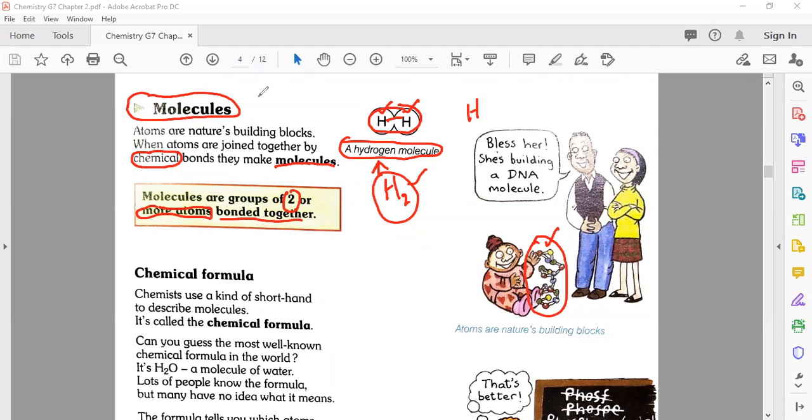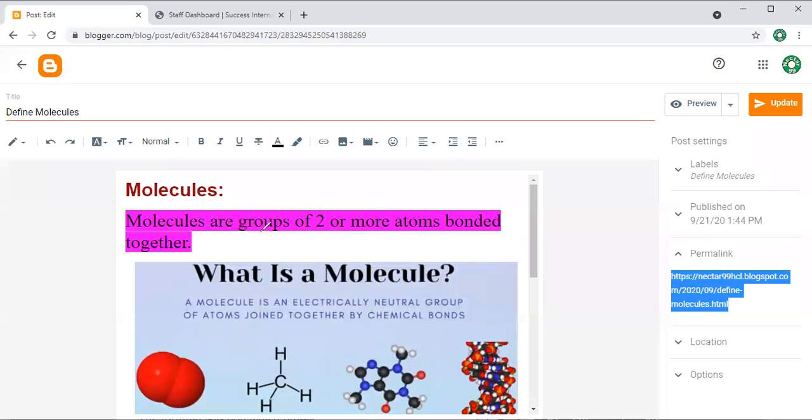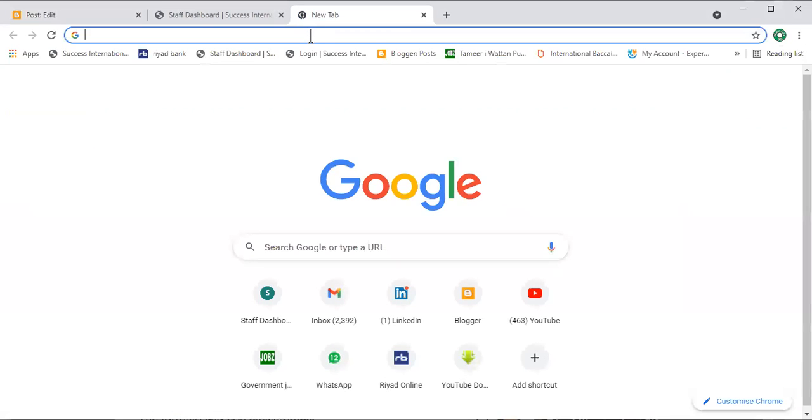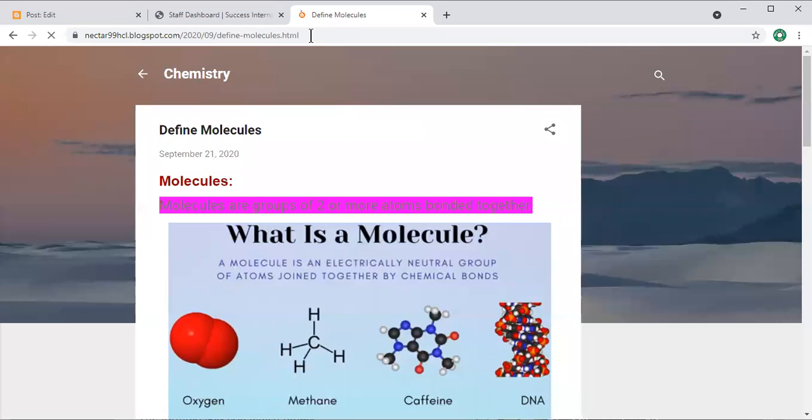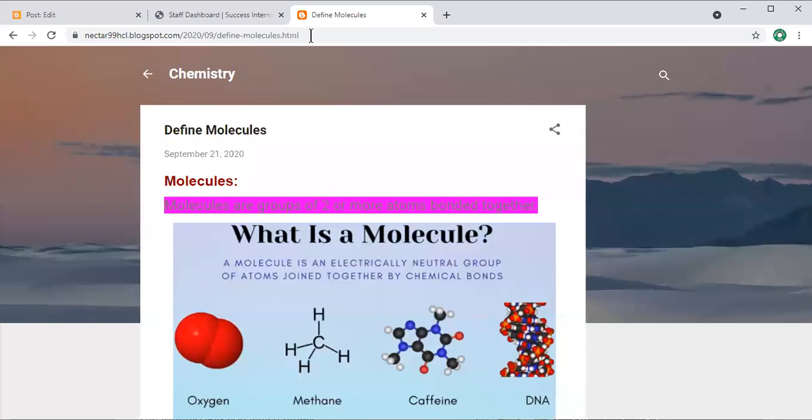Now after this, I'm going to take you to the screen. So students, everyone please open this link. Here you can see the definition of a molecule. Molecules are a group of 2 or more atoms bonded. Okay, my dear students, till here, if you have any question, please raise your hand. Otherwise, type no in the chat. Everyone quickly. Hurry up. Okay, that's good. Excellent. Very good. I just received only 5 answers or 5 hands raised. I want it from everyone. Okay, thank you very much.